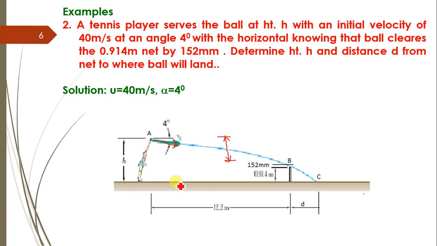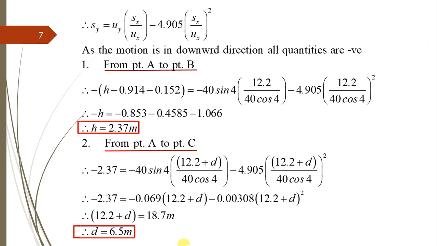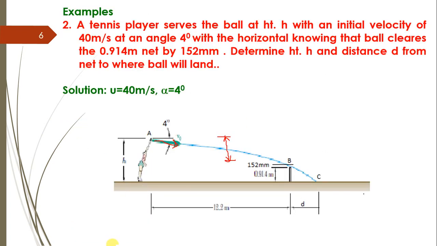The horizontal displacement between points A and B is 12.2, which is Sx, divided by Ux equals 40 cos 4, minus 4.905, again Sx is 12.2 and Ux is 40 cos 4, in brackets squared. Solving this equation, we get minus 0.853 minus 0.4585, then this term is transferred to the right hand side, minus 1.066. Finally we get h equals 2.37 meter. So the height of projection by the tennis player is equal to